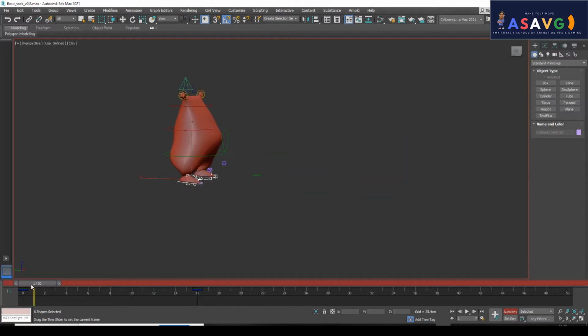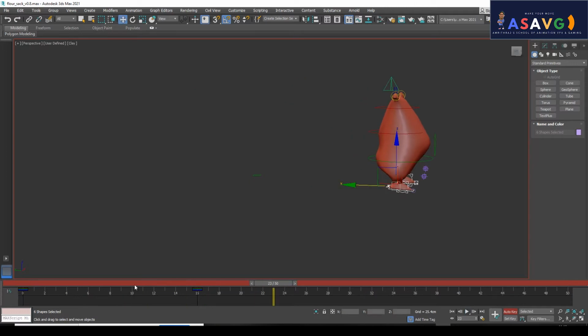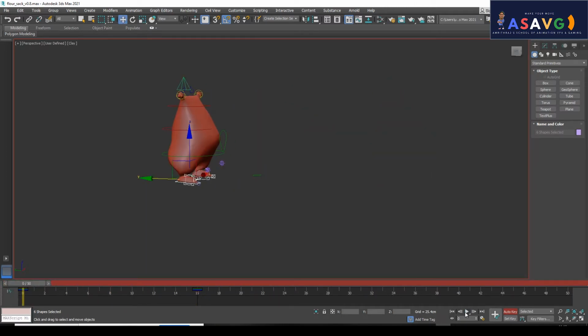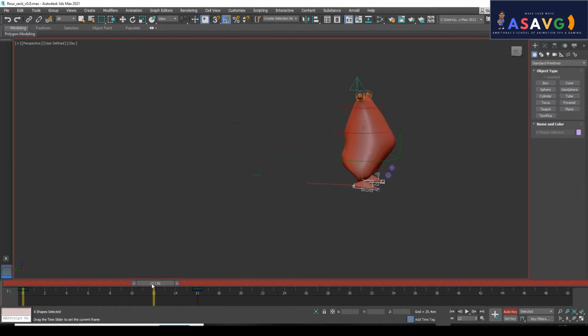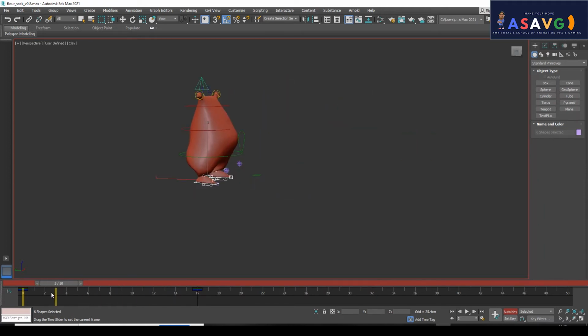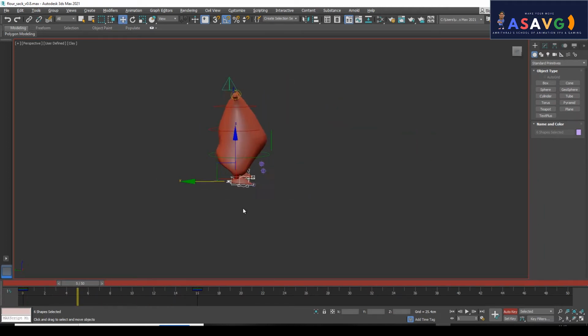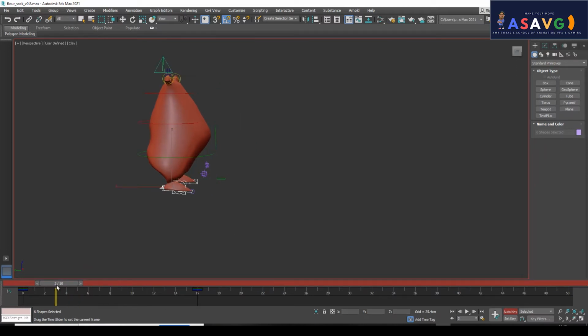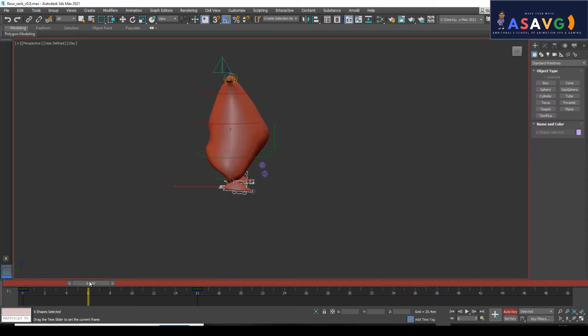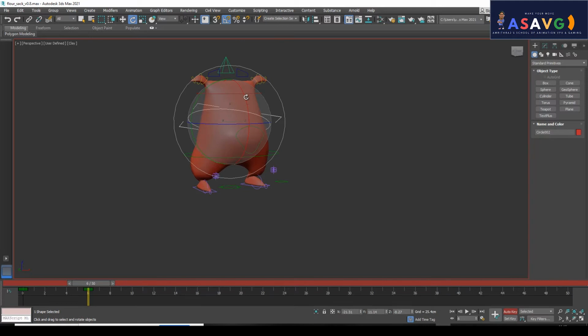So I will make it play. He's moving like this, right? Just moving. Now I will be making a follow through for this character. What do we mean by follow through? Follow through means drag is there. Drag means if I am going to the front, there should be a backward drag. So I will be making him go down here.